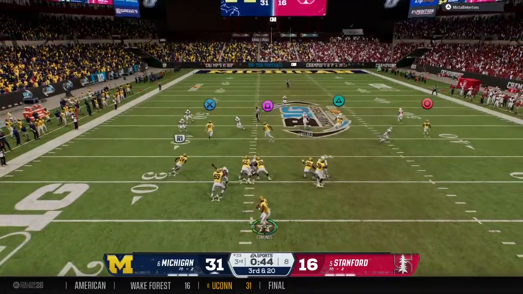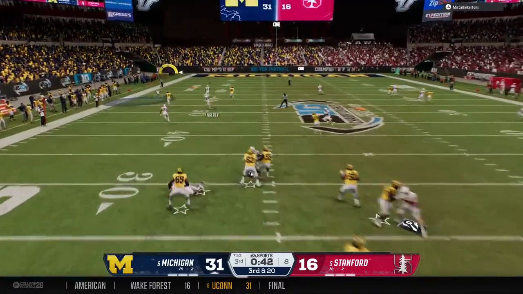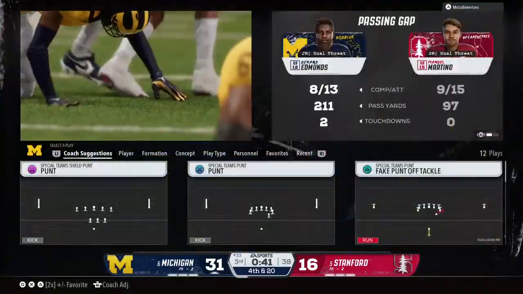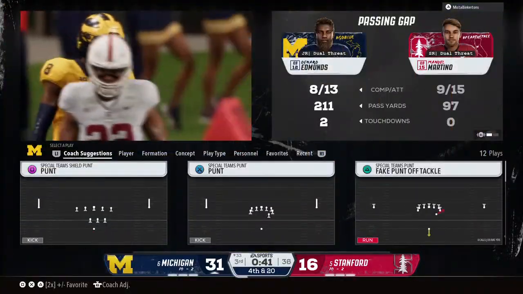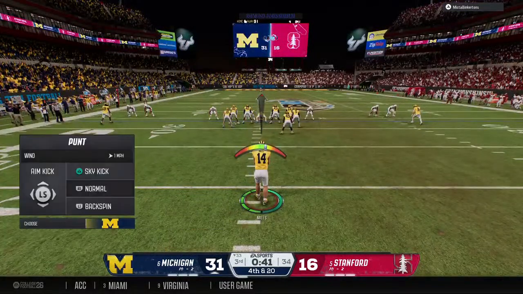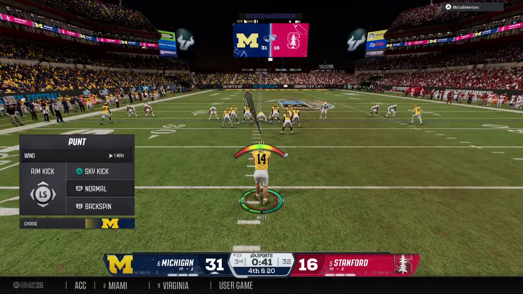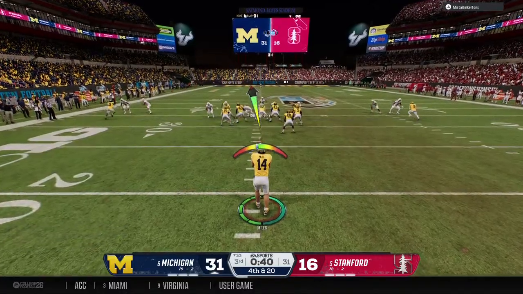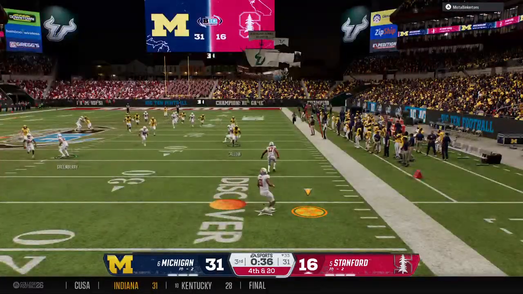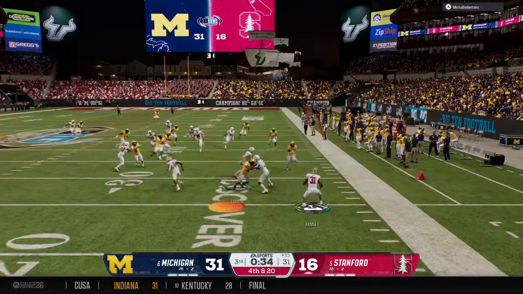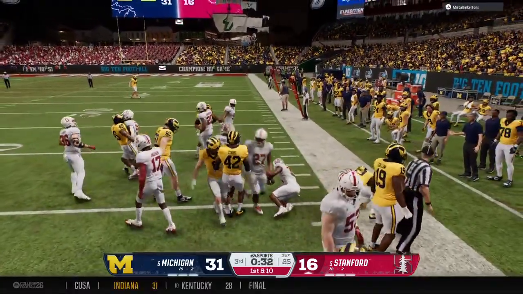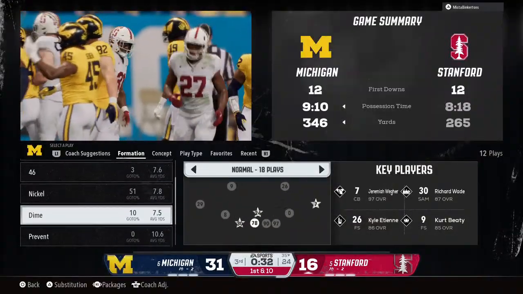Now in third and very long, looking to throw. Looking deep downfield to the left. Oh, and he could not hold on. Would have been a huge gain. Boy, this is all about the defense here. Nice stop on third down, but really it's about trying to get this offense behind the sticks. Once you get them behind the sticks, you can mix up your coverages, really affect the quarterback's eyes and disrupt the timing and the rhythm of what the offense is trying to do. Now we've got another big fourth down coming up. And the returner will be brought down.